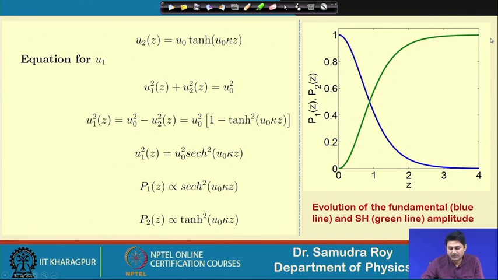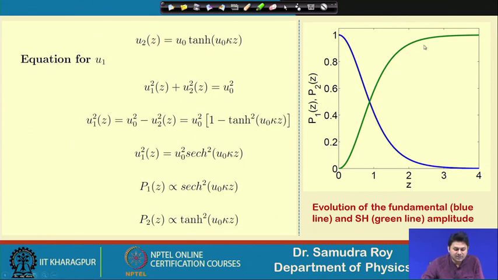There should be a saturation because the energy is conserved. If there is no loss, I can assume that all the energy from the fundamental wave is now converted to the second harmonic wave, so that I will have a saturation at one point. That means, this is in normalized unit. So, all the energy is now transferred from here to here.